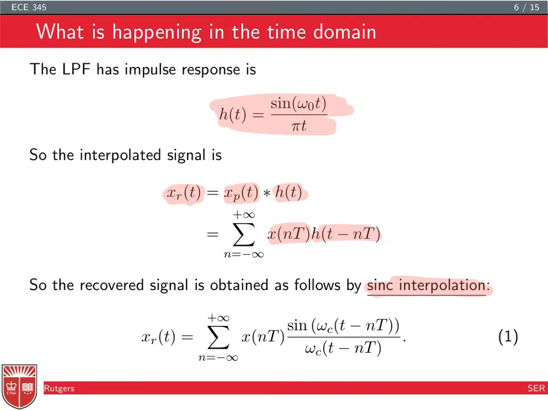So basically, if you replace h by the impulse response of the low-pass filter, you'll see that the original signal is a sum of sampled values times time-shifted sinc functions. So we're interpolating these sinc functions. We're adding an infinite number of shifted versions of these sinc functions, and by doing so, we recover the original